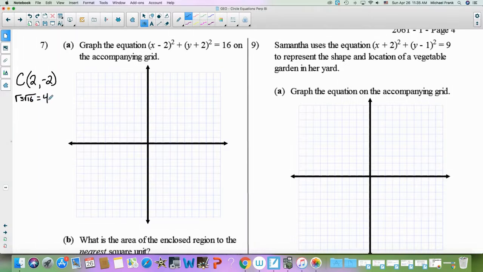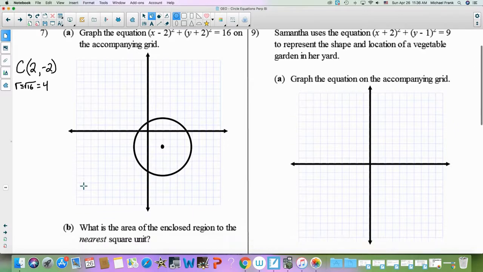So now I'm going to go to positive 2, negative 2. There's the center of my circle. And from there, I'm going to go up 4, 1, 2, 3, 4. Down 4, 1, 2, 3, 4. To the left 4. And to the right 4. Remember, you can count up, down, left, and right. That's why we go up, down, left, and right. And then you put your compass on the center of the circle and draw your circle. Now, the question about what is the area is not going to change, because the area